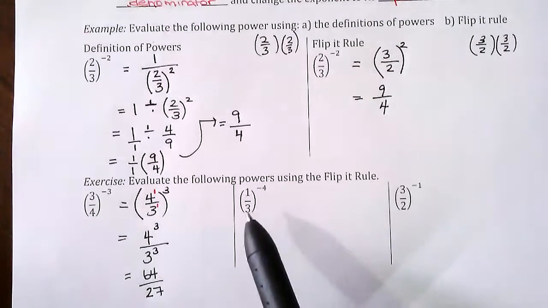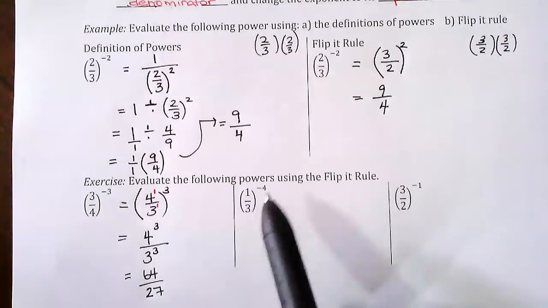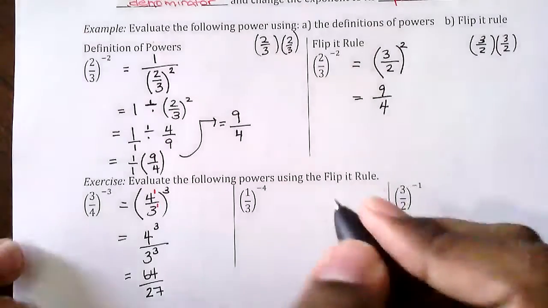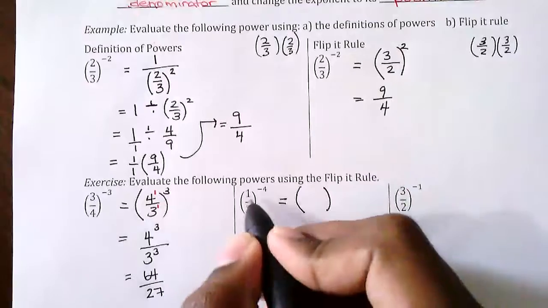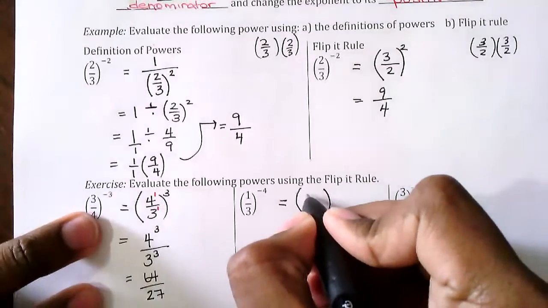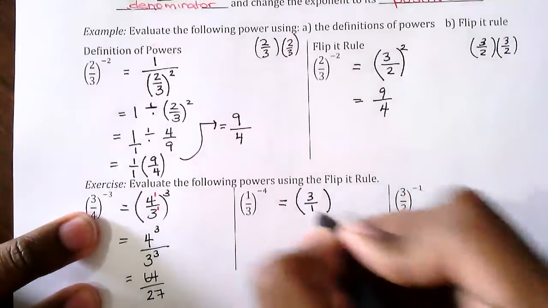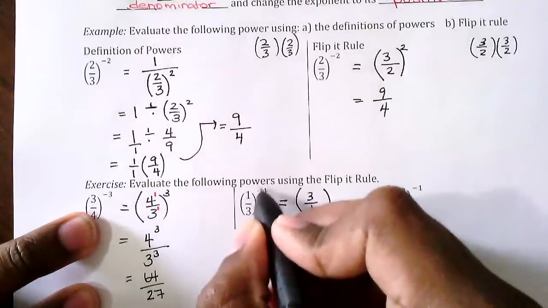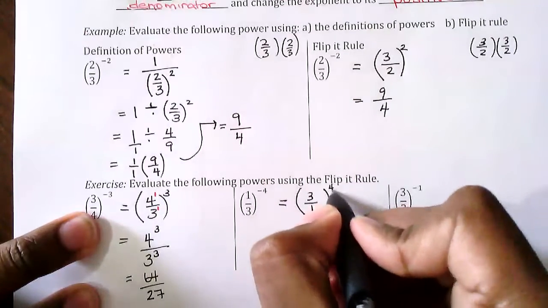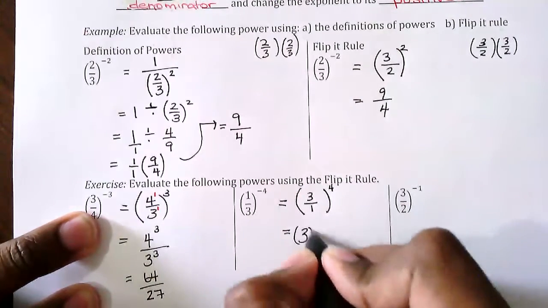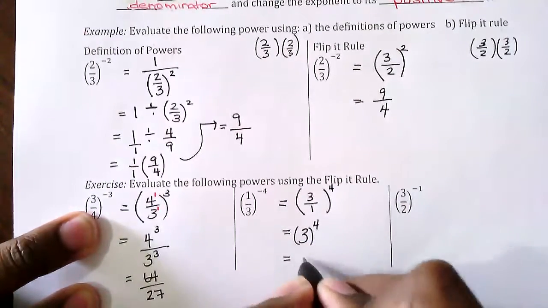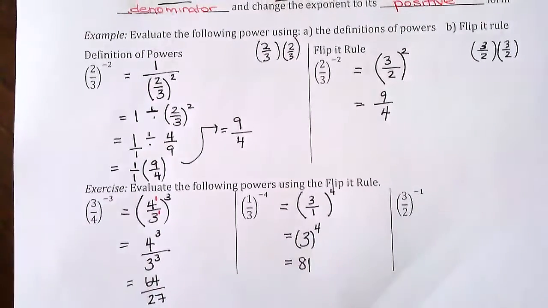Again, let's see if I can use the flip it rule for the second question. I have a fraction. It's being raised to a negative exponent, so it works. What I want to do is flip the numerator and denominator, so that'll give me 3 over 1, and that changes the exponent from negative to positive, which is 4. I know 3 over 1 is the same thing as 3, so I have 3 to the power of 4,